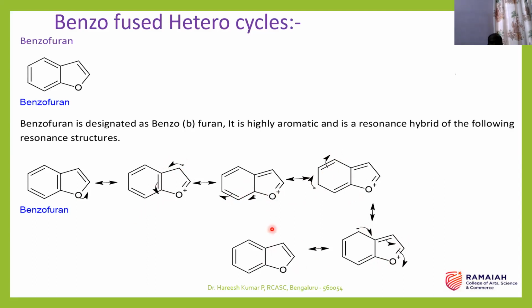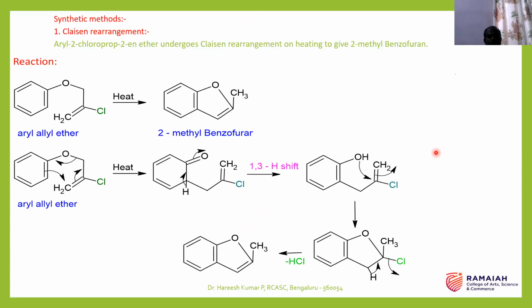So how many can you form? This is 1, 2, 3, 4. So 4 resonance forms are possible. If more resonance forms or canonical forms are formed, then such compounds are stable. So this is about the resonance forms of benzofuran. So with this, I will go to the next slide. The next slide is about how one can synthesize